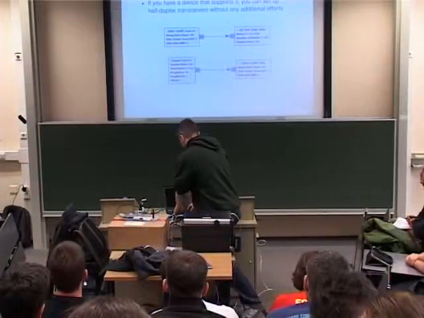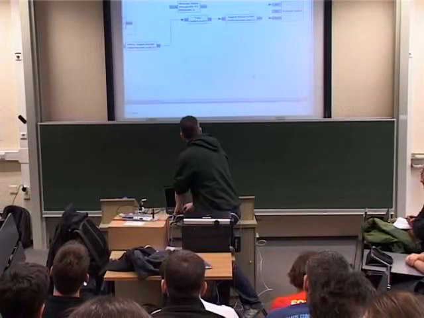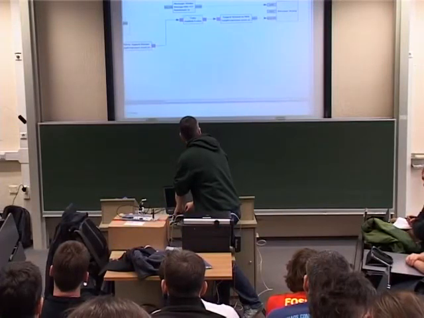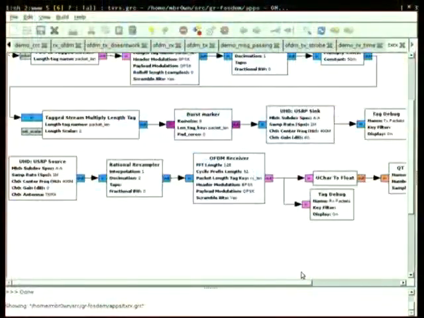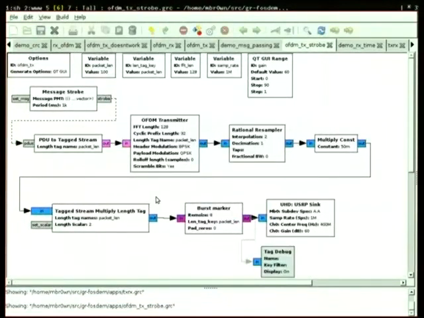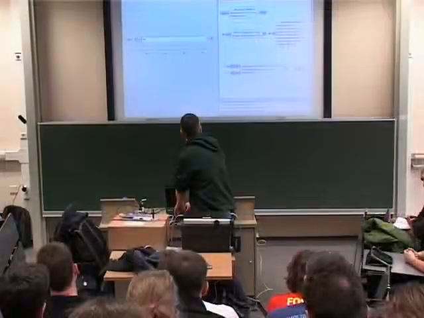This is a flow graph that would have an OFDM transmitter on the one side and a receiver on the other. No, this is the one I wanted, sorry. This is sort of a pseudo MAC. It'll produce packets one at a time. And if I start the receiver again,